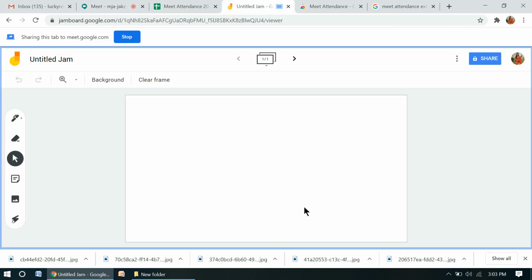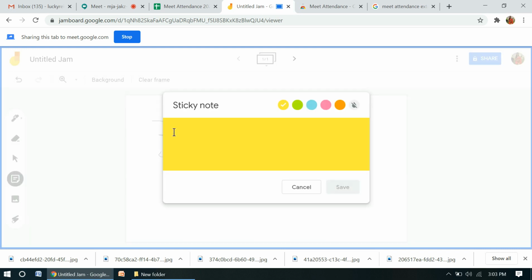Now this screen will be visible to every participant of your meeting. Whatever you do here, like this is the marker, whatever you want to do, but perfect handling of the mouse is required, right? And if you want to do something in type, this is for erasing. Simple tools are there. And these are the sticky notes, meaning if you want to show something in typing to your participants, that can be done, right?